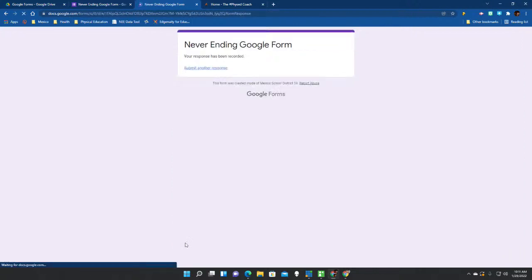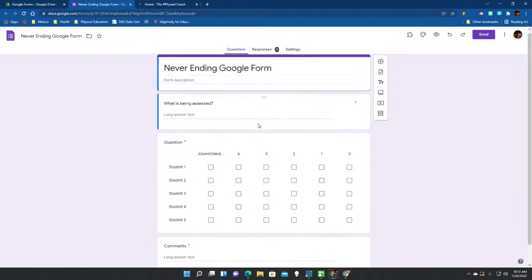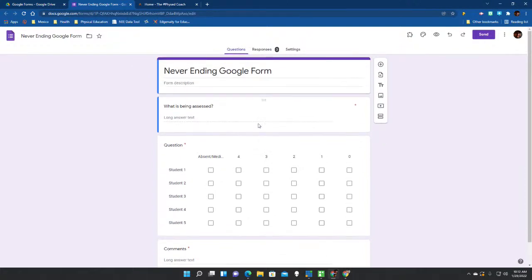And let's submit. And then I'm just going to close that and come back to where I can edit the form. Now, what I'm going to do before I show you how to build it, I'm going to go over to responses,